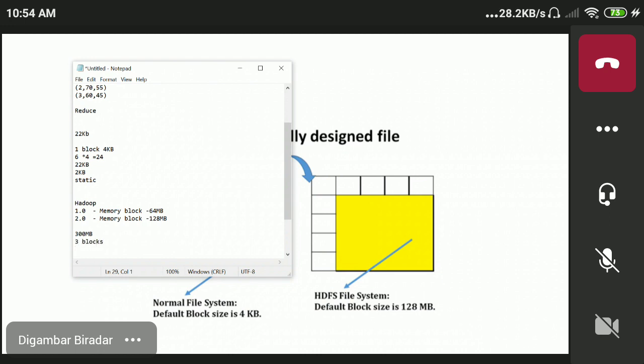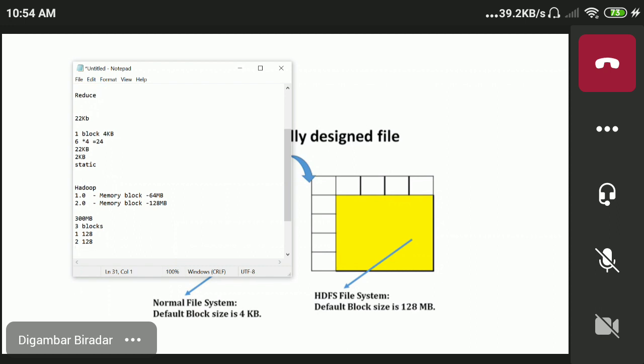So one block contained 128. Second block contained 128. कितना हो गया? 256। और बचा कितना थर्ड ब्लॉक में? 44।